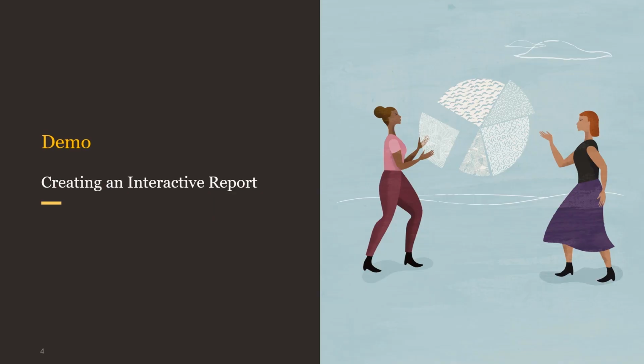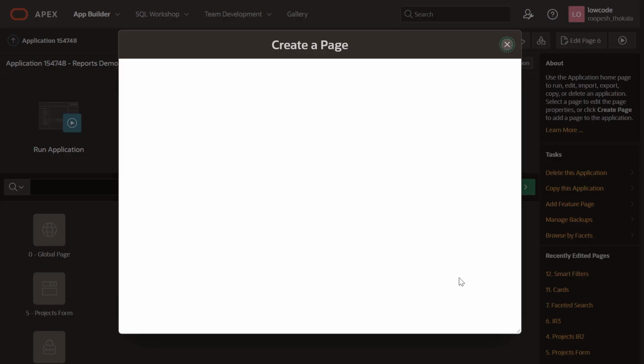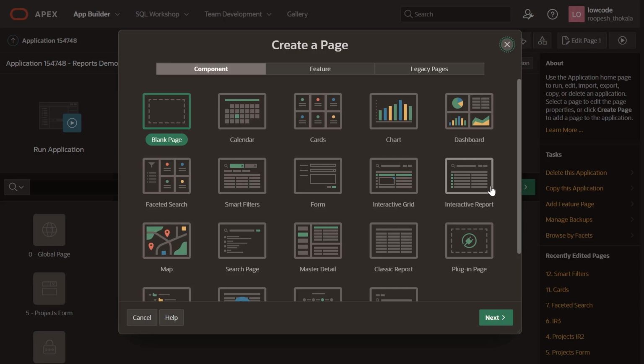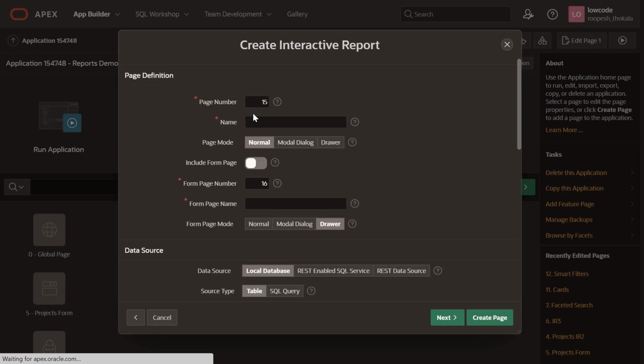Let's go ahead and create an interactive report. I have a sample application open for the purpose of this demo. We already reviewed creating an interactive report in the previous video. So to recap, let's click on Create Page. Select Interactive Report. Enter the details such as the page name,